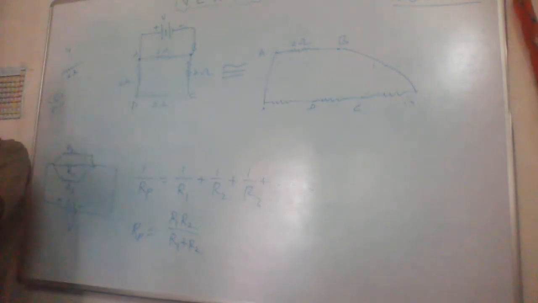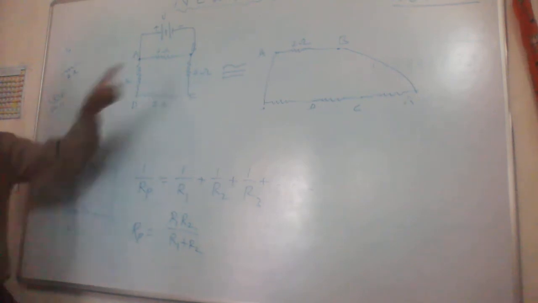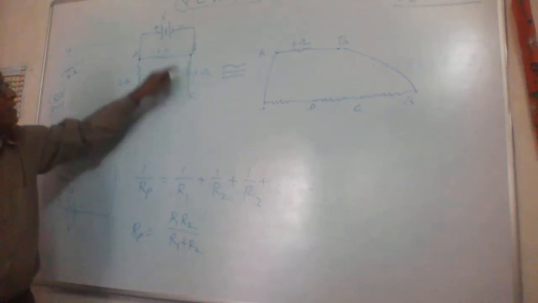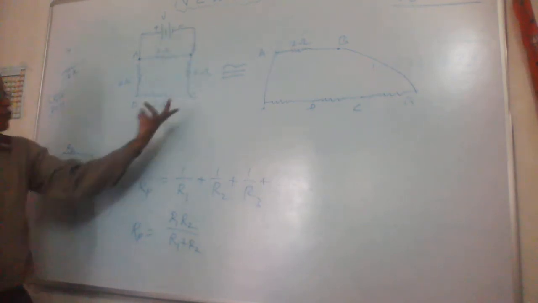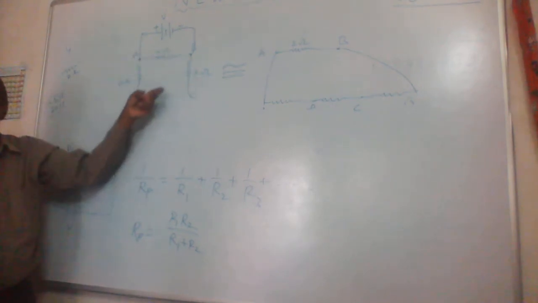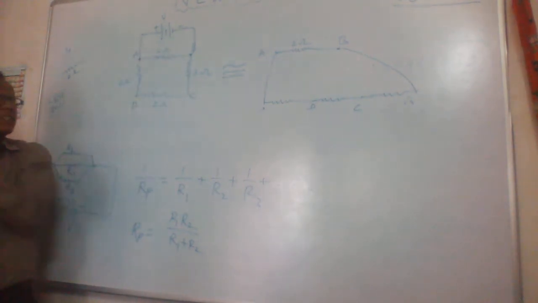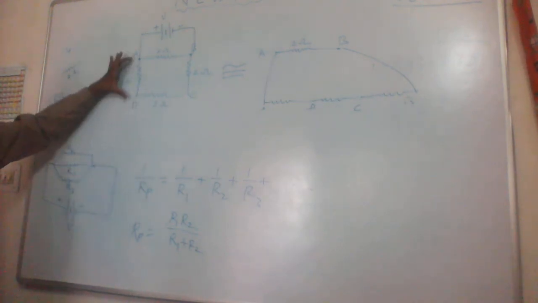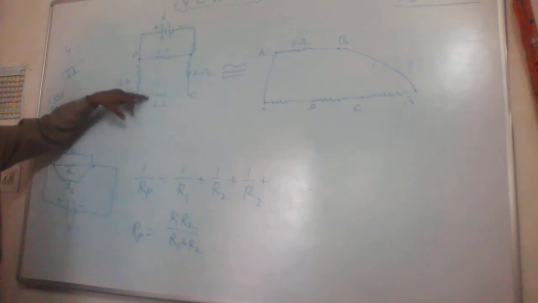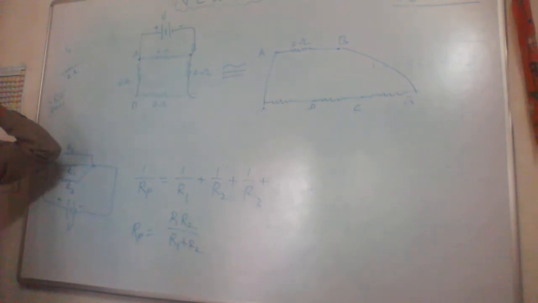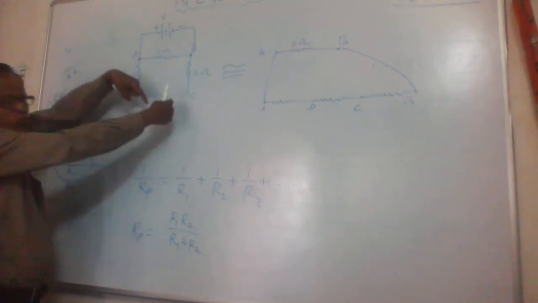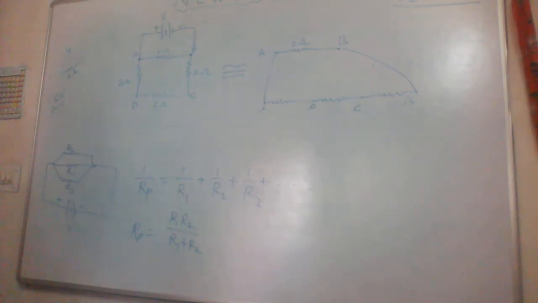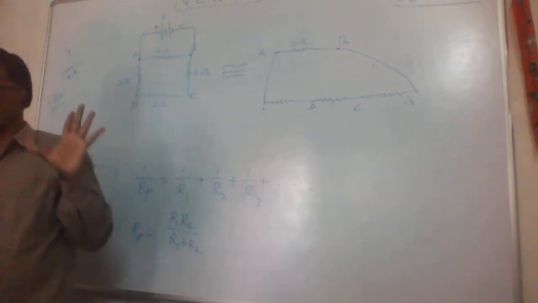But it is given in the question that it is two adjacent corners. If you choose these two adjacent corners B and C, then these three resistors are in series and this is in parallel. If you choose C and D, then these three resistors are in series and that is in parallel. That is why I said I have to tell you. If you choose these two corners, these three resistors are in series and then this is parallel. But in the case of opposite corners, these two are in series, these two are in series, and then they are parallel. So please read the question carefully before solving.